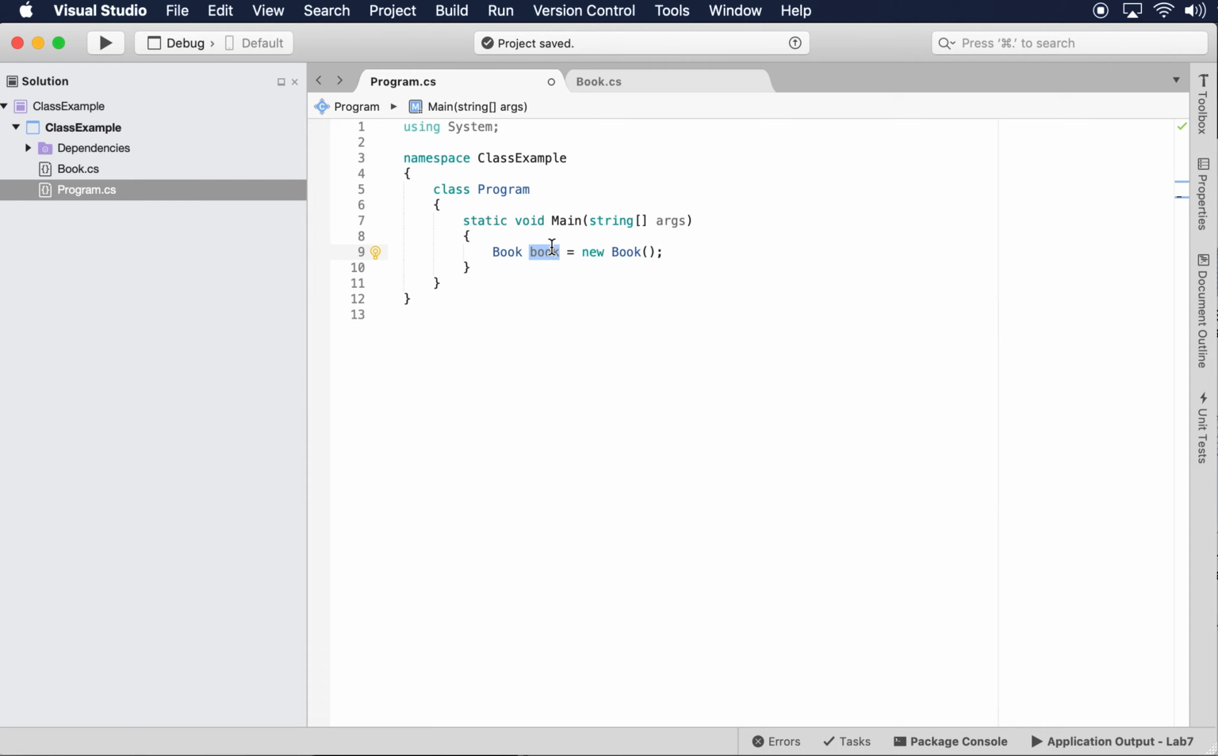Okay, so notice that book is the lowercase form of the class name. Does it have to be that? And the answer is no. It could be book1. It could be myBook. They'll all work just fine. So we'll call it book just to keep things simple. And then